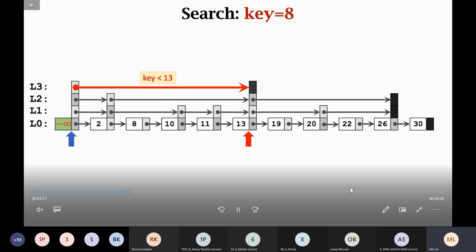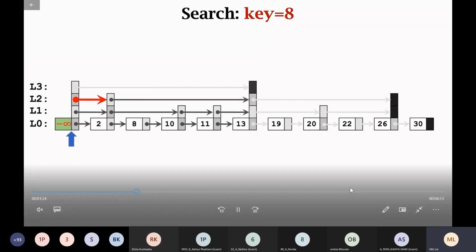Can you see? In level 2, it is connected to node 2. Node 2 is less than 8, so you will go from node 2 to the next node. So node 2 is connected to node 13.